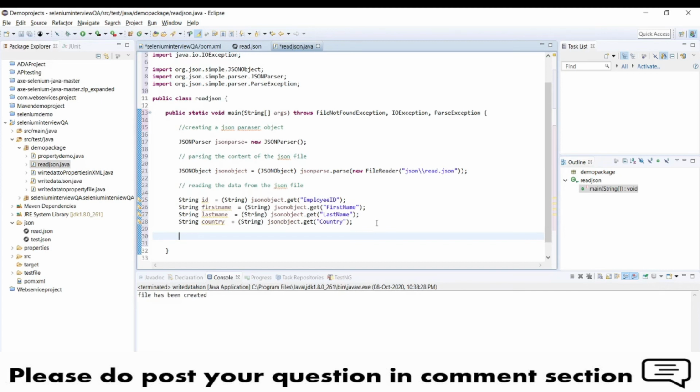For that I need a System.out.println. In the sysout, I will mention this ID, and I will do the same thing for all the others. I can copy this sysout and refer one by one.